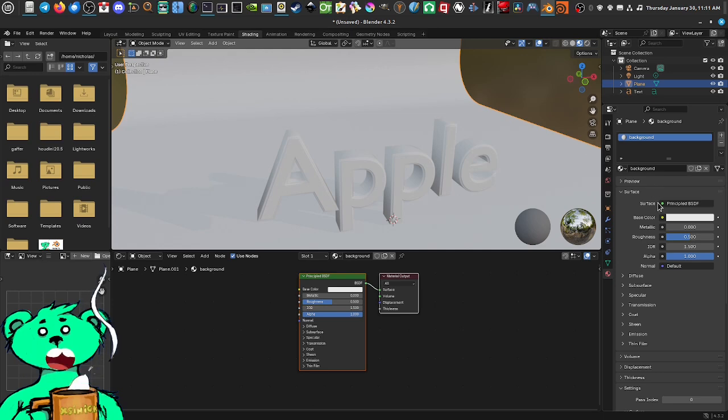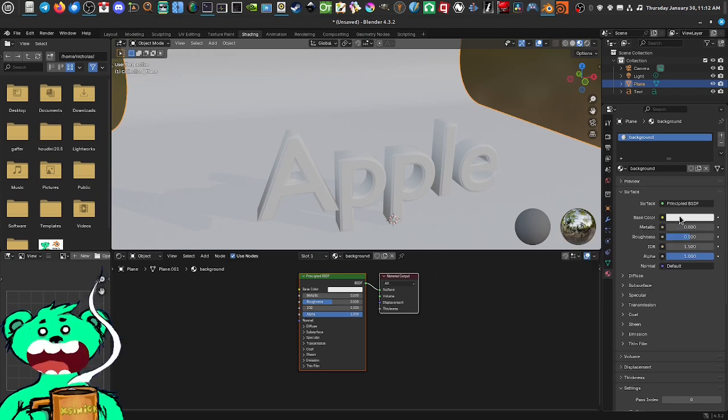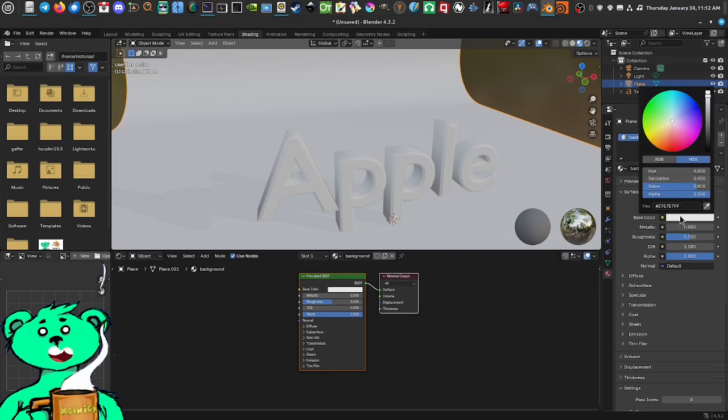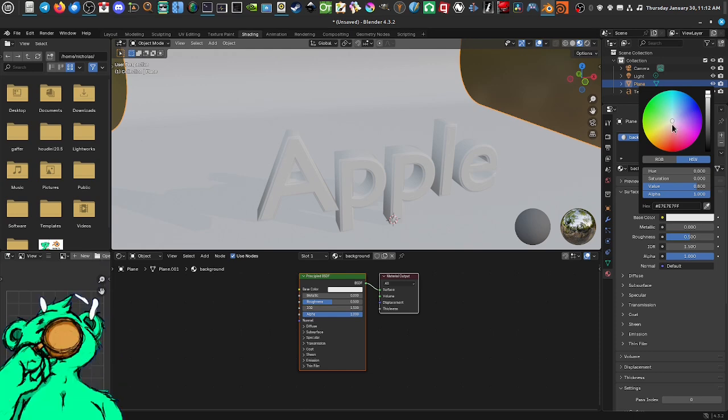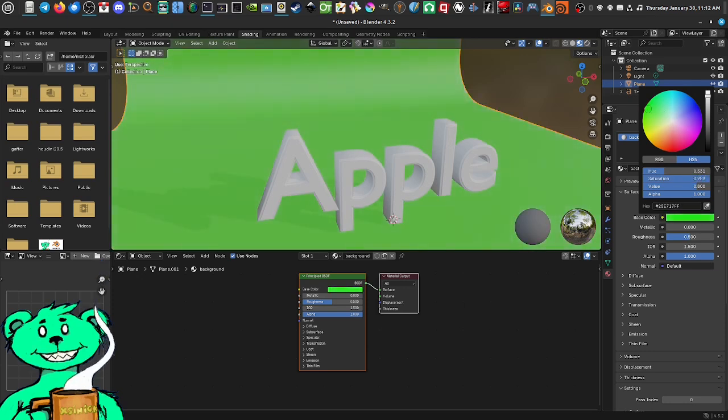If you look under the material, you see something called surface, and it's a Principled BSDF. We could get into that later. It's to do with the type of shader or type of material it is, and under that is base color. Now the base color would give it its actual color. So I'm going to click on that, and it brings up this color wheel. In the color wheel, I'm going to change the background to, let's give it a nice,